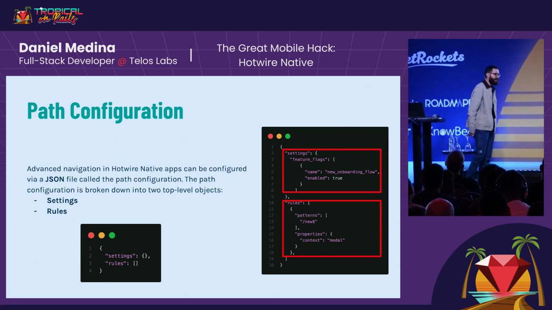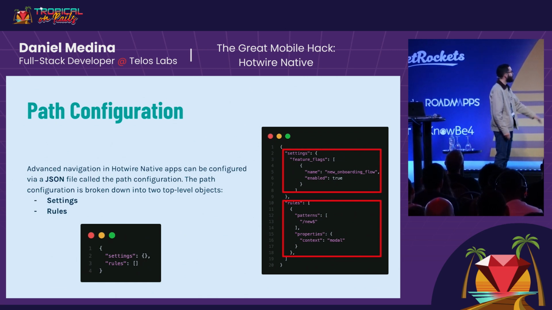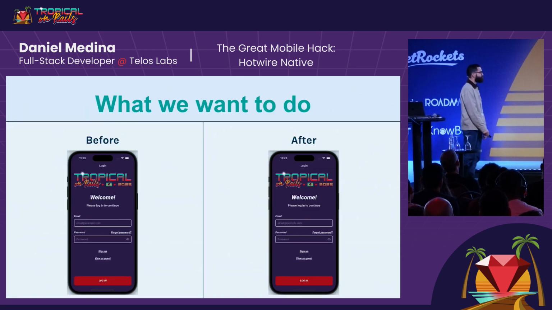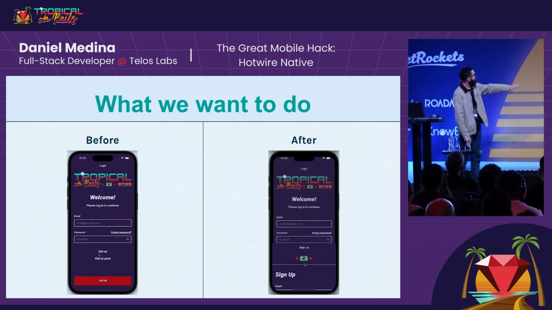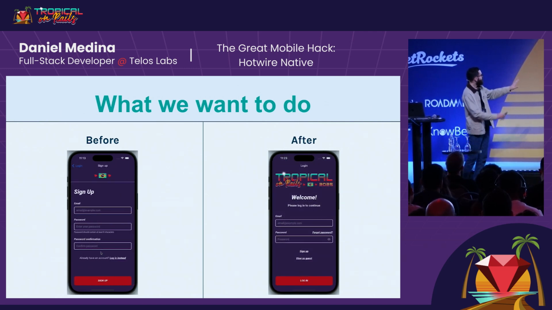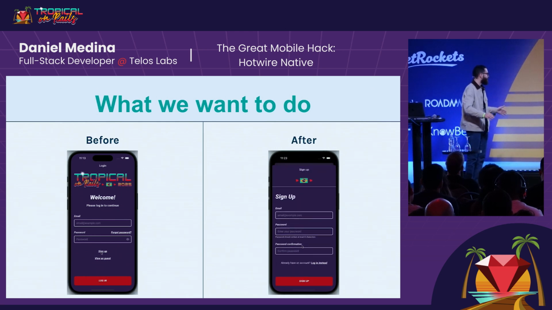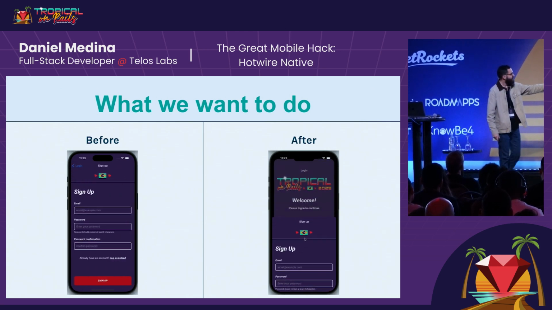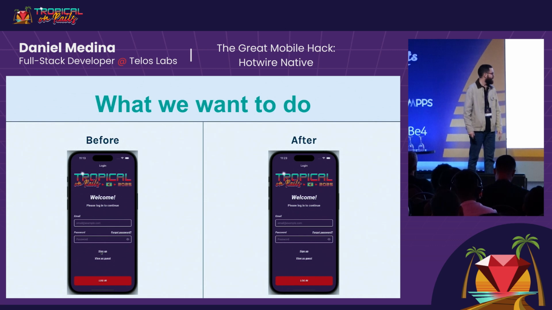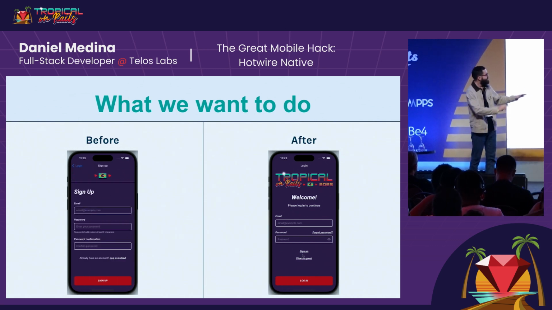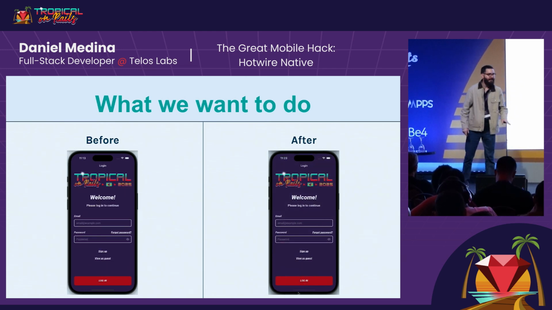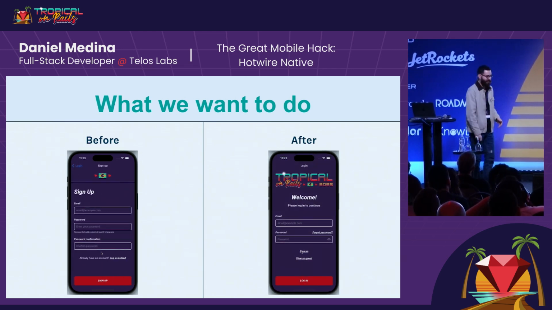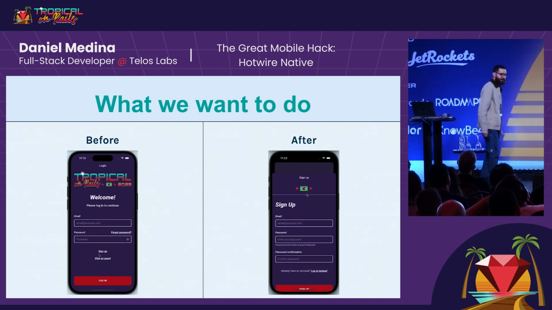And it will tell the application, OK, for this URL, behave like this. I will teach you an example right now. So what we wanted to do is, right now, when you click sign up, it just has a very natural way, but we can change that. As we can see in the aftermath, when you click in the sign up page, instead of coming in from the sides, it goes to the top, and it gives you a very native feel. So yeah, it's another way of navigation.